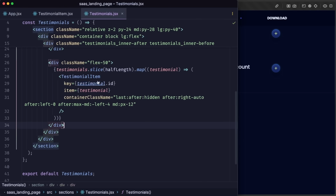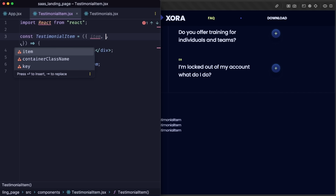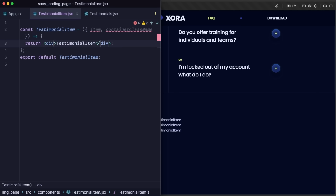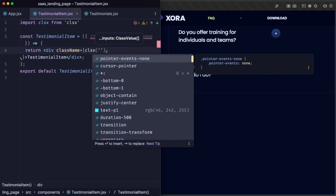So now we have to go into the testimonial item and implement that reusable component, which will allow us to further style all of these testimonial items. So let's do that first by accepting those props, such as item and container class name. And here we can render a div with a class name equal to clsx, and we can pass many class names,